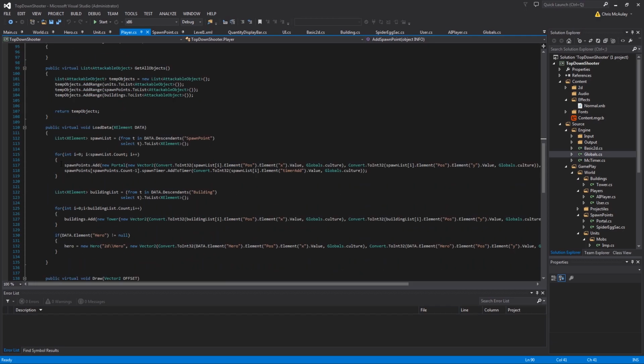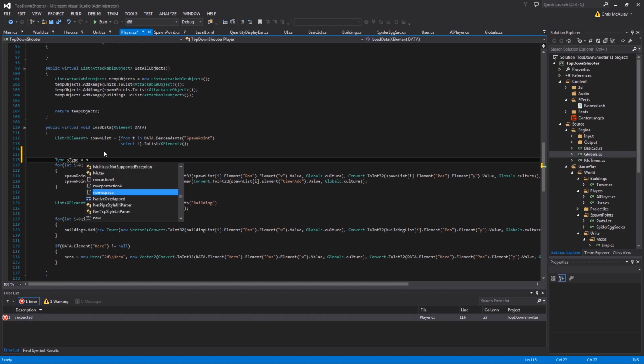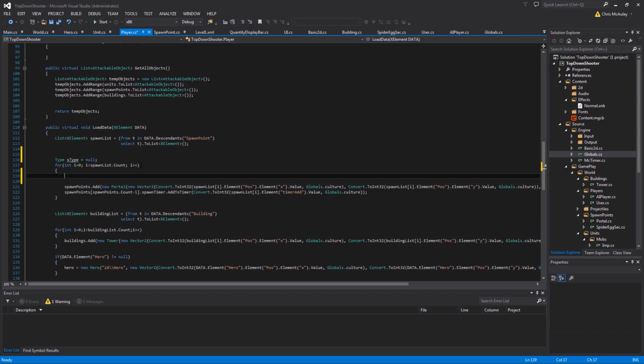Last time we left off hard coding in here Portal and Tower, and that's what we're going to change today. The next thing we're going to do is add right here, we're going to say Type sType equals null. So we're just initializing the variable that we're going to be using, and then we are going to say, I'll explain this all in a second, don't worry, sType equals Type